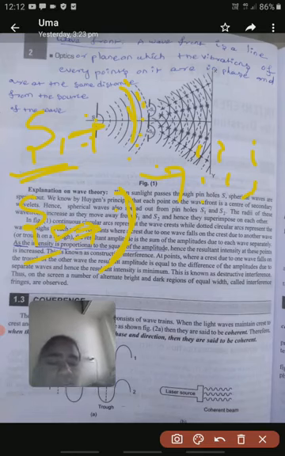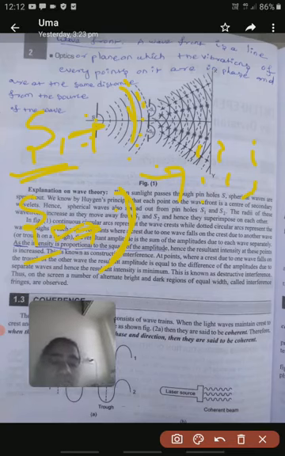Already we know that if two waves are in phase, then the resultant wave amplitude and intensity are very high. If two waves are out of phase, the resultant wave amplitude and intensity are very low. We know that information. Similarly, Young also demonstrated that point: when two crests or two troughs are superimposed on each other, the resultant amplitude is very high.